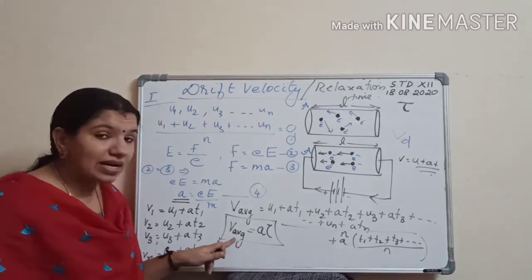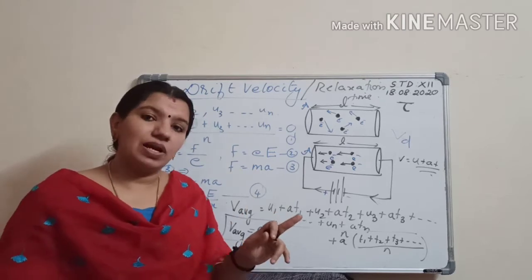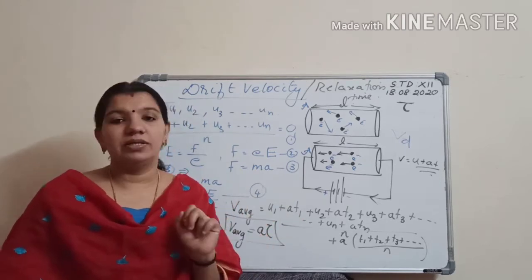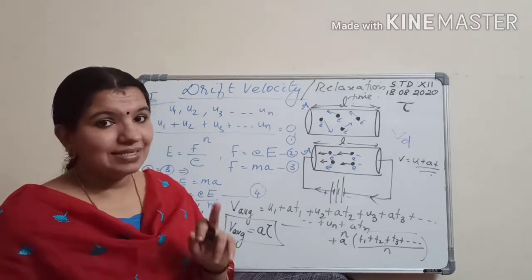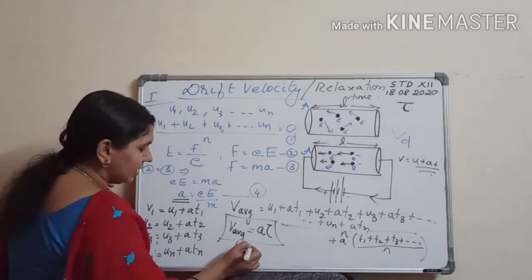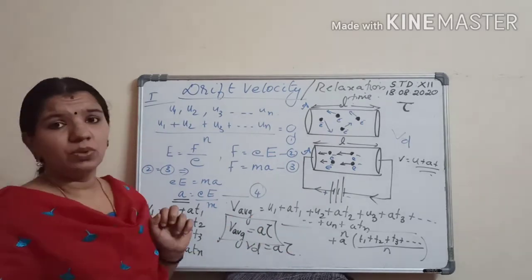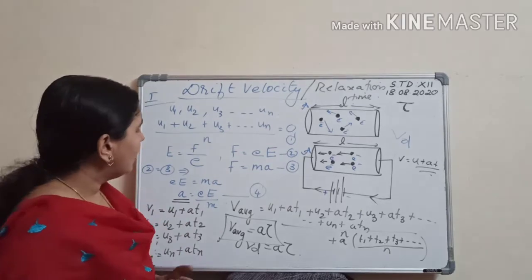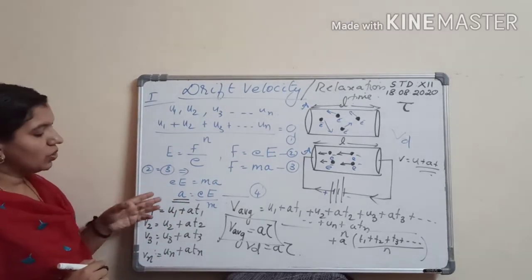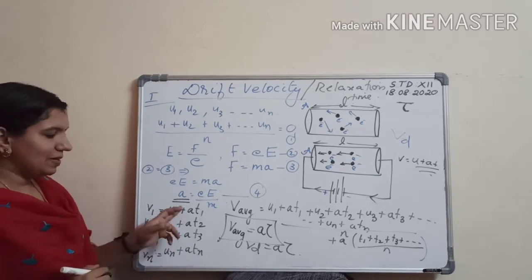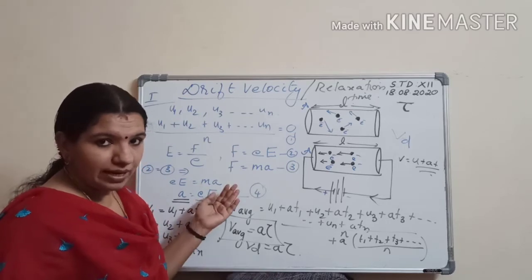And this average velocity, as per our first definition for drift velocity, this average velocity is called what? Drift velocity. Understand? Vd. I can call it as Vd. So Vd is equal to A tau. Understand? Now we have the expression, no? For acceleration we have the expression. So you substitute here. You substitute the value of what? A tau. We can do that, right?